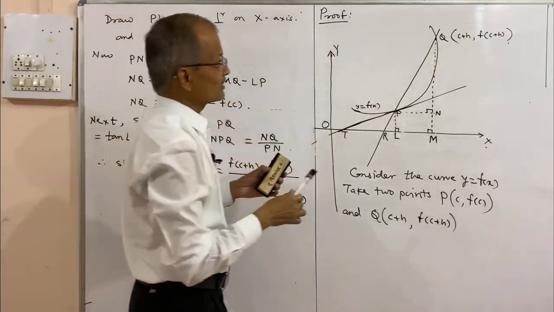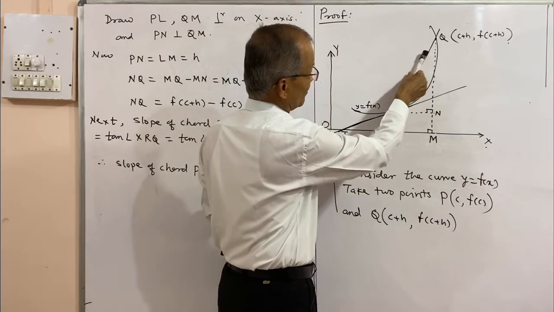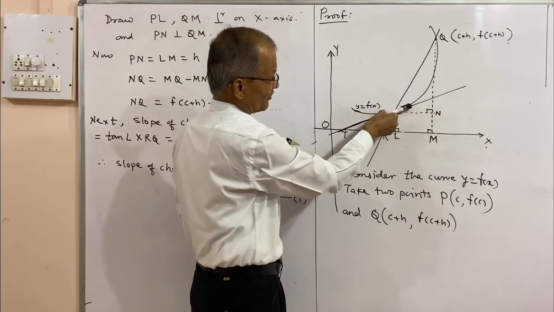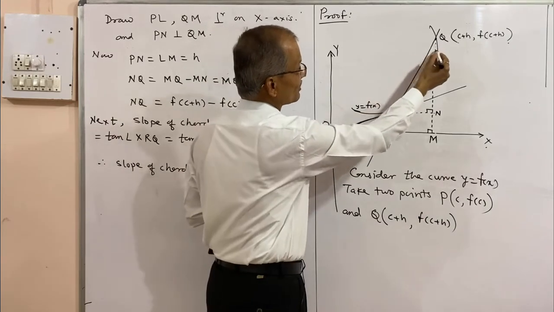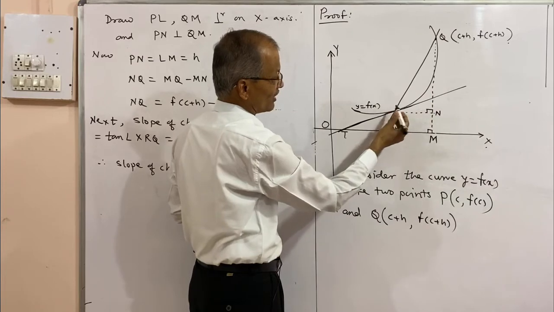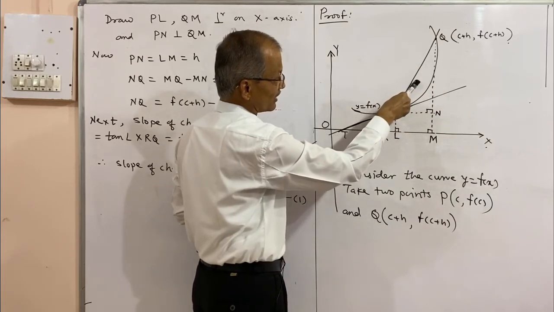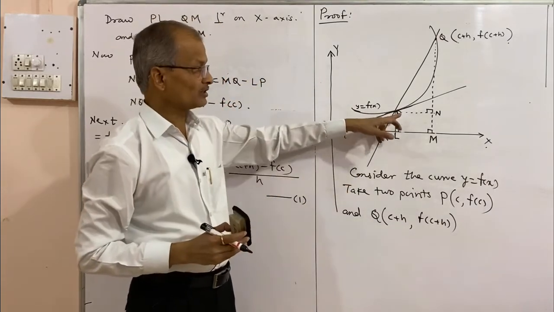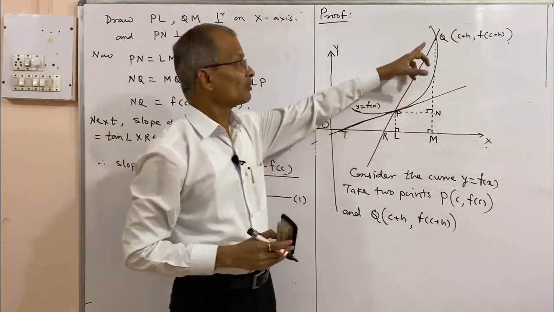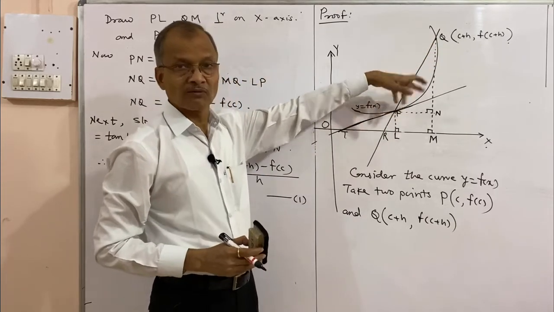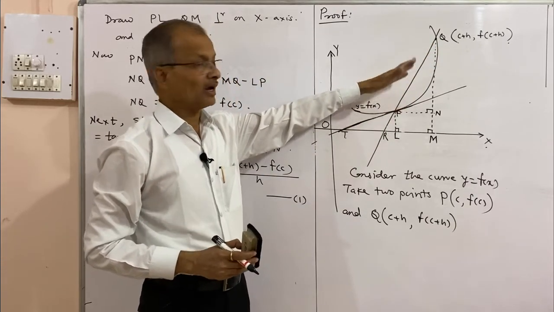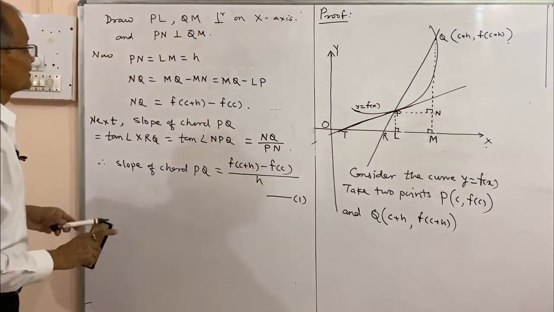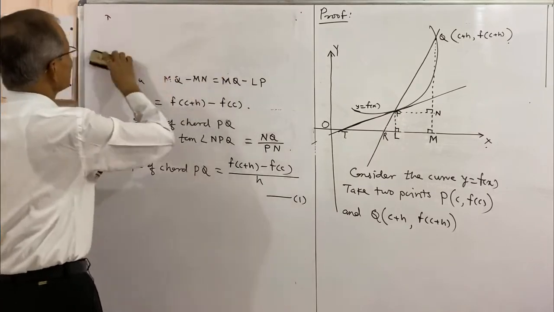As Q approaches P along the curve, the chord turns and it becomes the tangent at P. A tangent line is the line which touches the curve at a single point, and therefore when Q is very close to P, we consider it as a single point, and the chord turns like this and becomes the tangent. Now as Q tends to P along the curve,